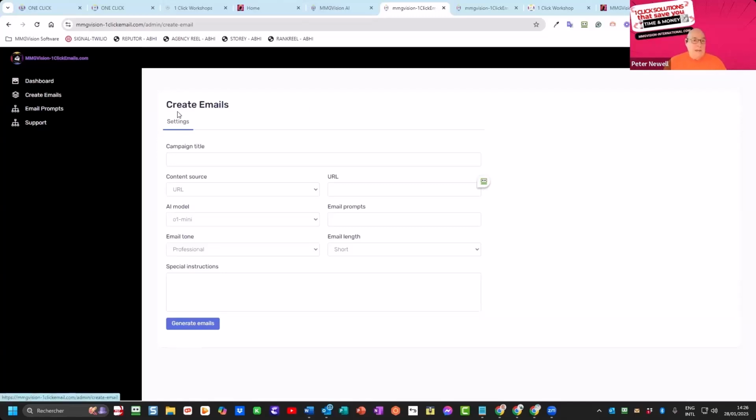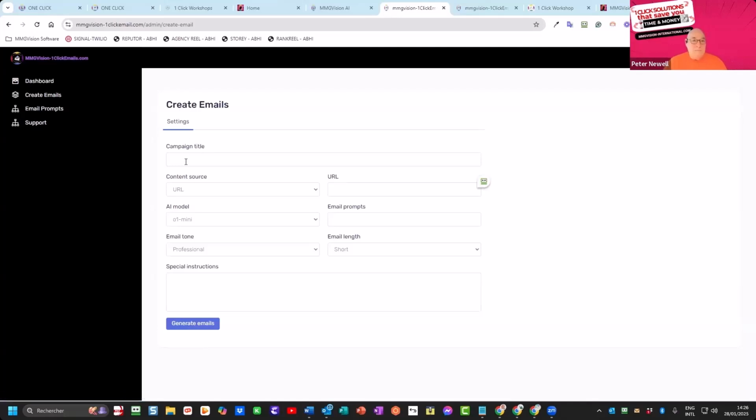It's got the create emails, which we're in now. And it allows you also to do some advanced prompt engineering. We won't get into that, but it has that feature which allows you to tweak prompts and add new prompts to the exercise. And it's got a support button where they can get in touch with me.